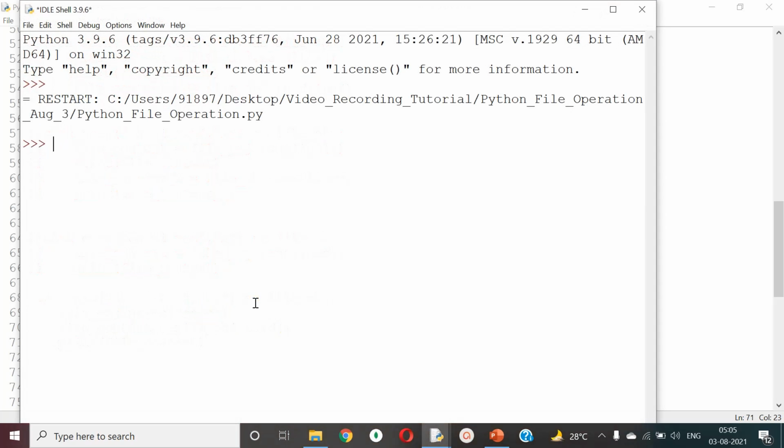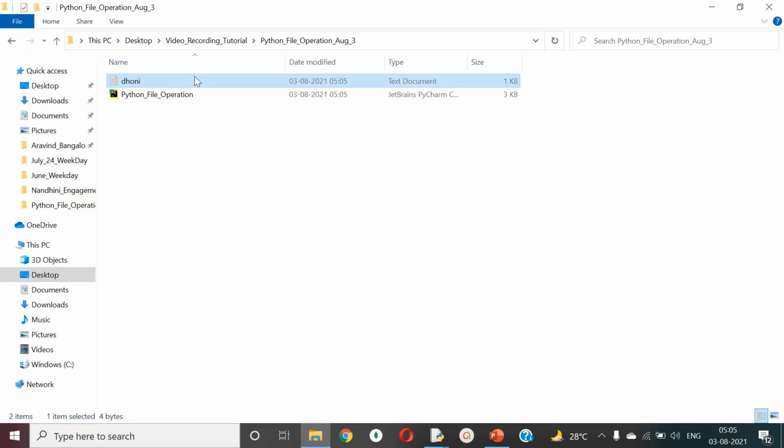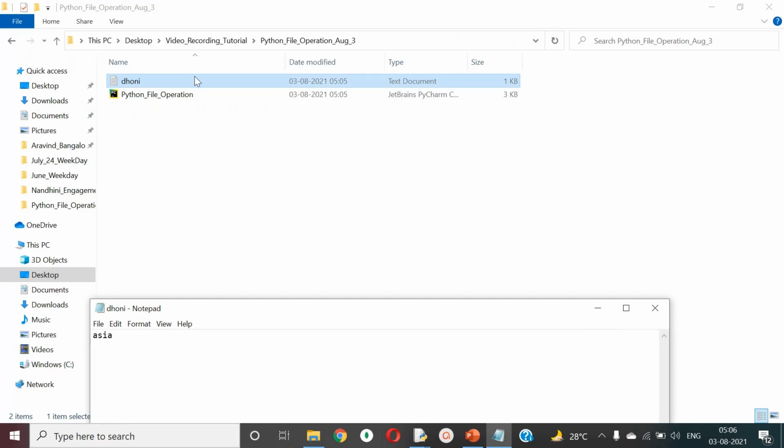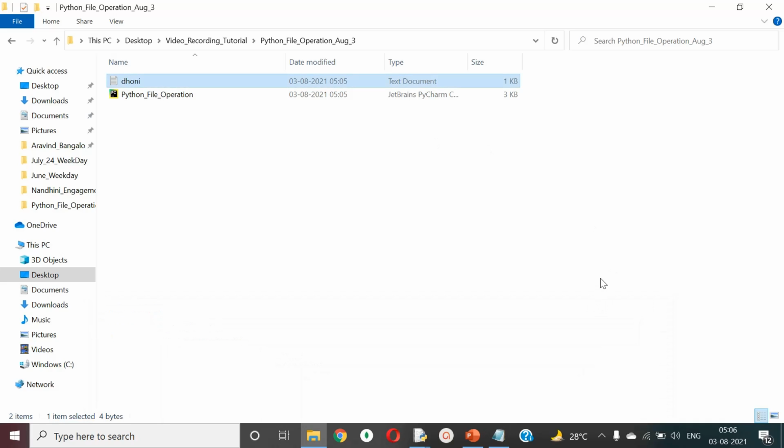So when I run, the output is empty. Let me go and see the file. Yeah, the content which I wrote was over there. Wonderful. And what happens when I do the read? The read is not reading everything. If you doubt what the reason is, again it's the cursor. Now what happened?